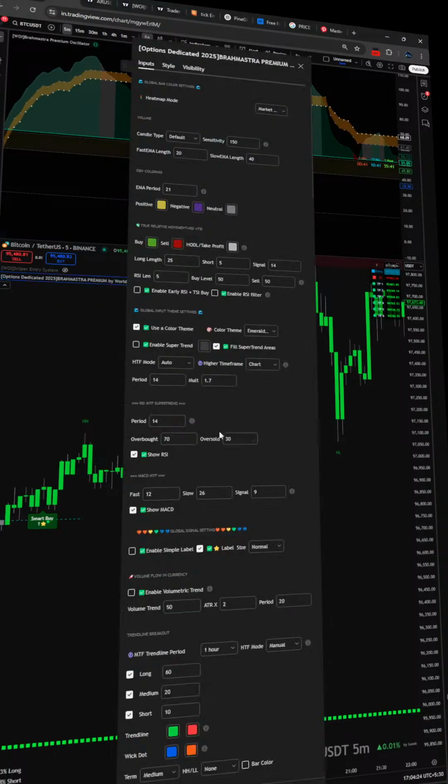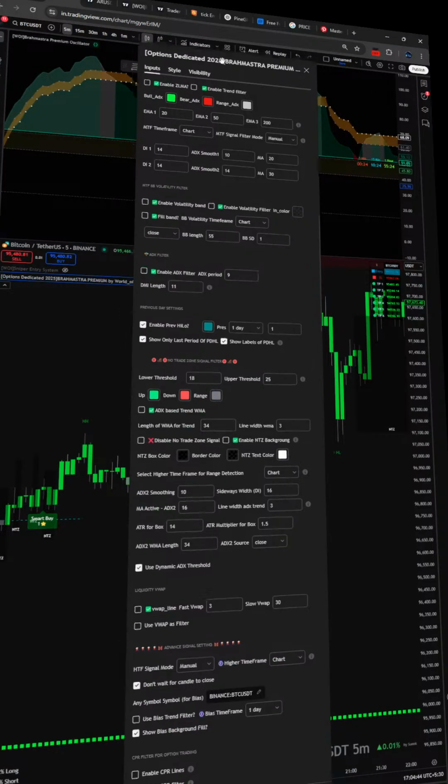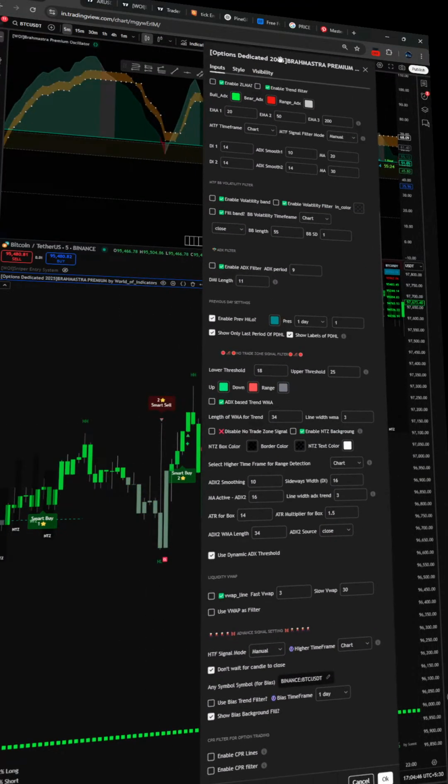How to ignore them? We have a function called no trading zone. You can enable it. You have to disable the no trading zone signal. When no trading zone is enabled,